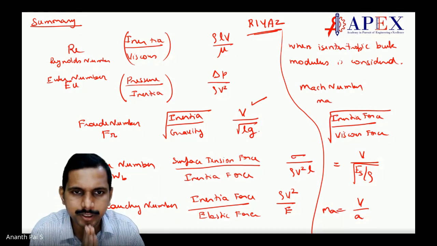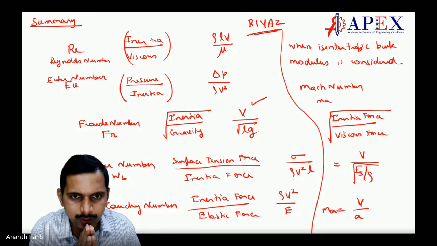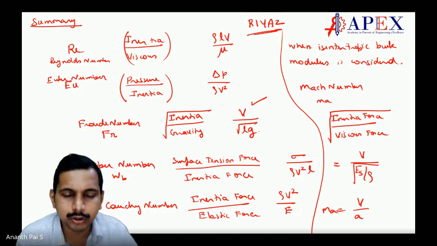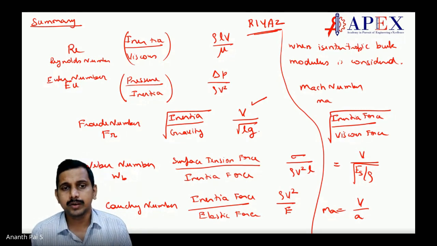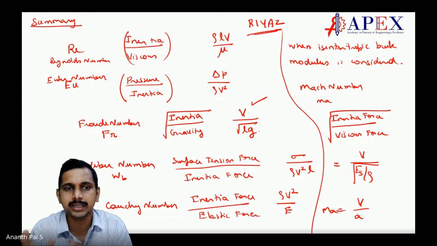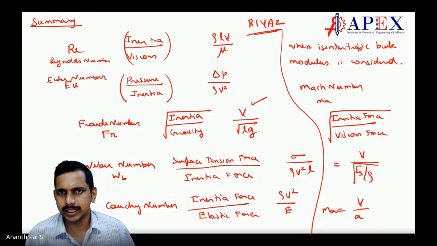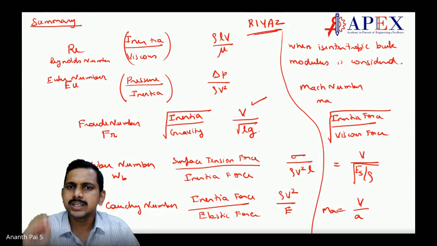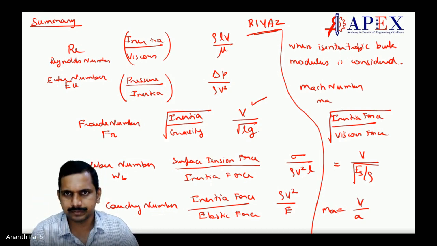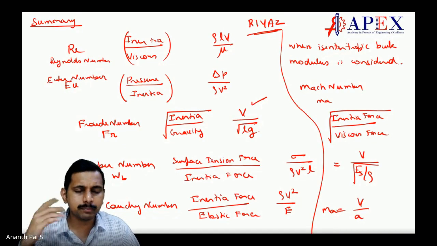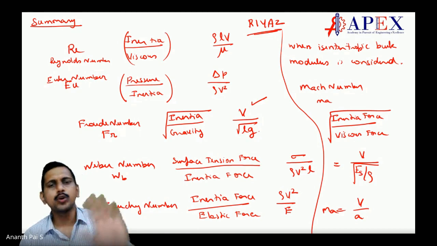Very, very important, students. These are questions where you get 1 mark and save a lot of time, because if you know it, you can write it within 5 seconds. What is the Froude number? What is the Mach number? What is the Cauchy number? You know it, and that is what is important. Although these are easy, not difficult, these easy things are important in GATE. One of the main things we think is that if we are capable of doing difficult things, we will be okay with doing easy things.